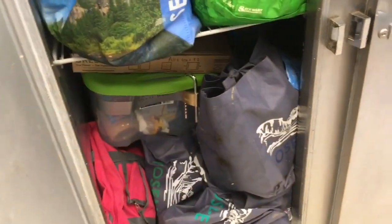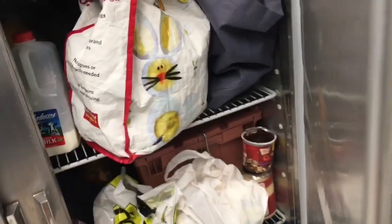Sink, microwave, another sink, and then the food storage part is the toughest part because everybody's got their stuff in there, so you kind of have to fight for a spot, especially the refrigerator. It is absolutely packed full. So I would recommend, if you can sneak one in, getting a